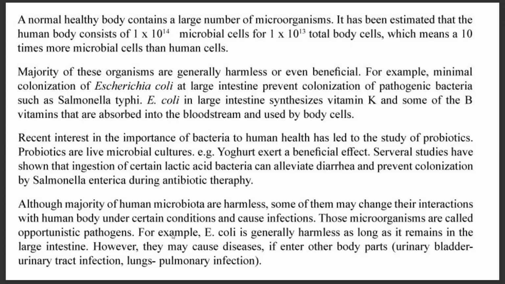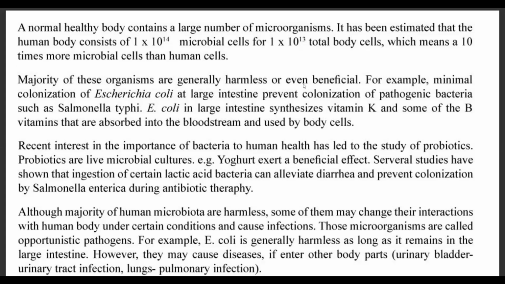Opportunistic pathogen means when they can change their interaction with the human body based on the conditions and cause infection. The example is E. coli. Once they remain in the large intestine, they are beneficial for us. But once they get into the urinary bladder, they can cause urinary tract infections. And if they enter into the lungs, they can cause pulmonary infection. Right. Then,